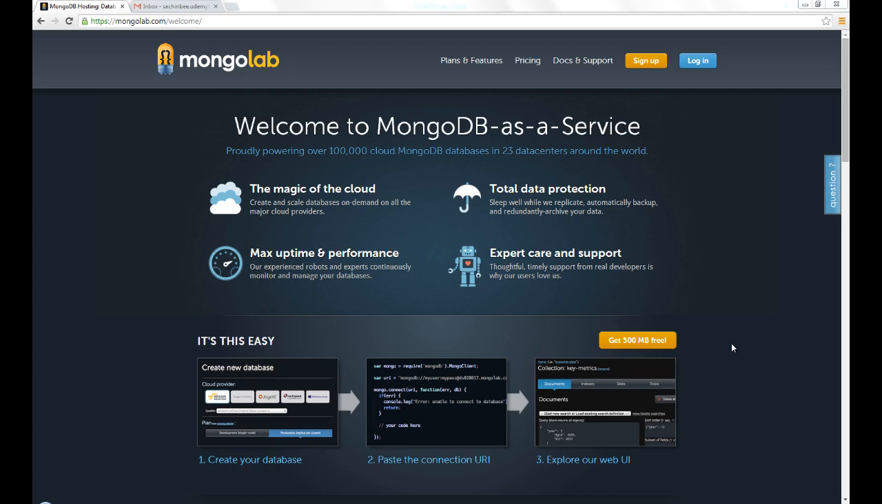So to get started with MongoLab, what we're going to do is sign up for a new account. And as you can see, they give out 500 MB for free, which is great for trying out the service, which is great for your development part. And the moment you're ready to deploy, you can choose one of their amazing plans and get started with your app right away. So we're just going to click on sign up,